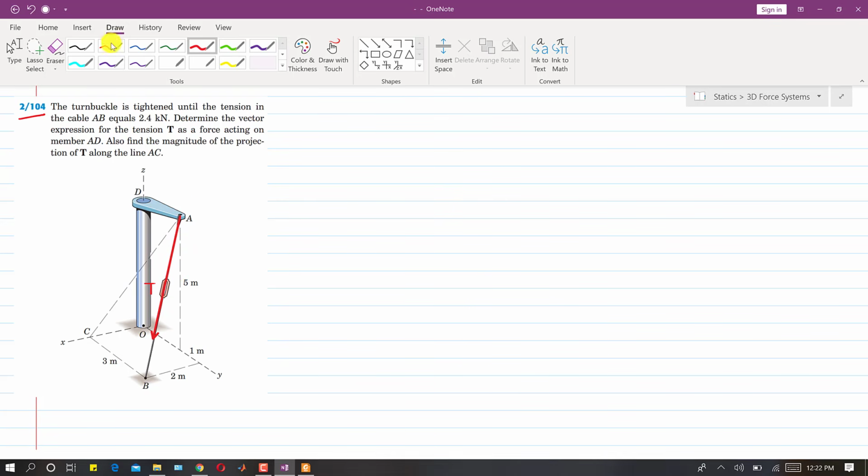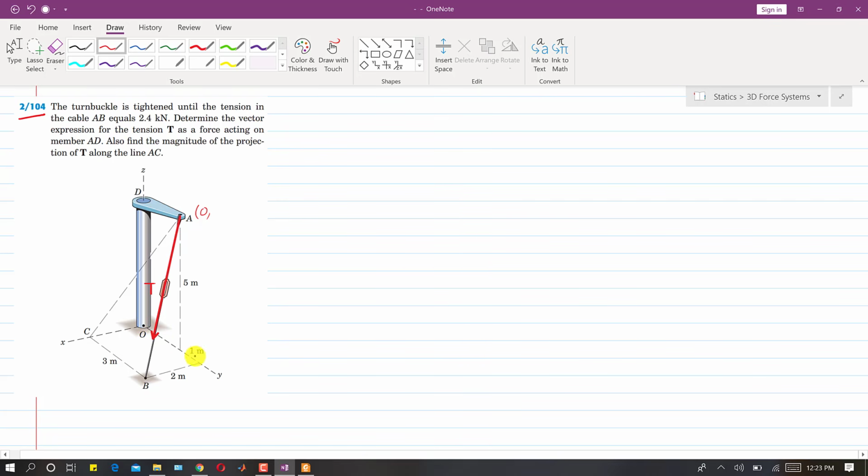So first what we will do is that as the line of action of this T is specified by these 2 points A and B, right? So first we will find the coordinates of these A and B points. So if this is the origin, to reach this point A, we will travel in the y direction. There is no need to travel in the x direction, right? So the x coordinate of this point A is 0, right?